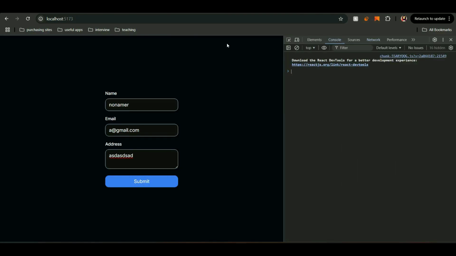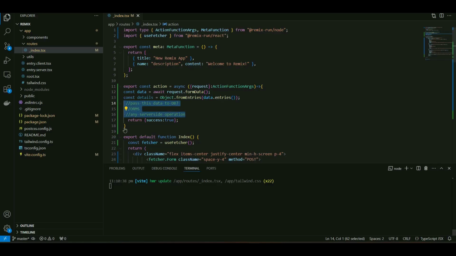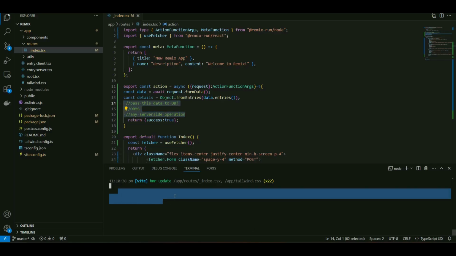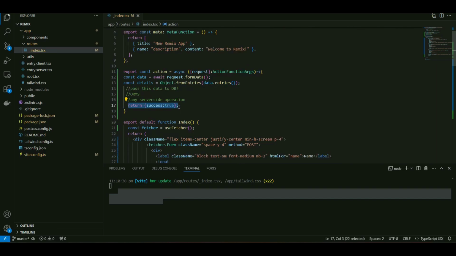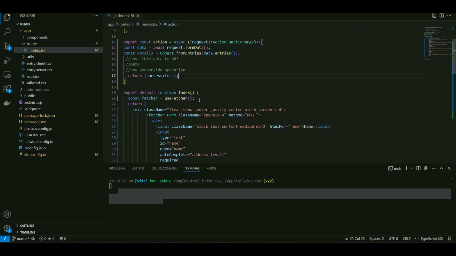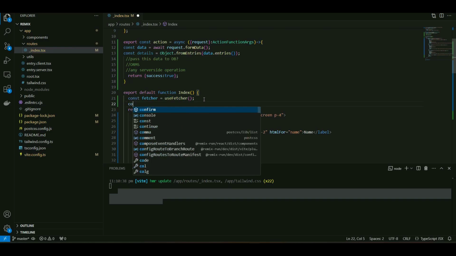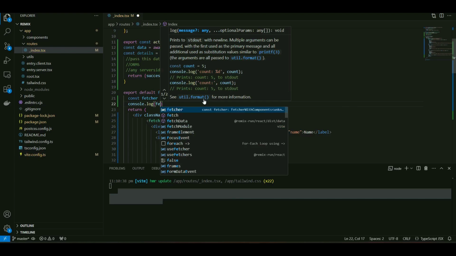Again, the request says no page reload. If I go back, there is no print here, because we are not printing, but we are returning something. Now the question is how to access this data in the UI component. Well, you have it covered by the useFetcher hook. Now, if you simply print this fetcher,